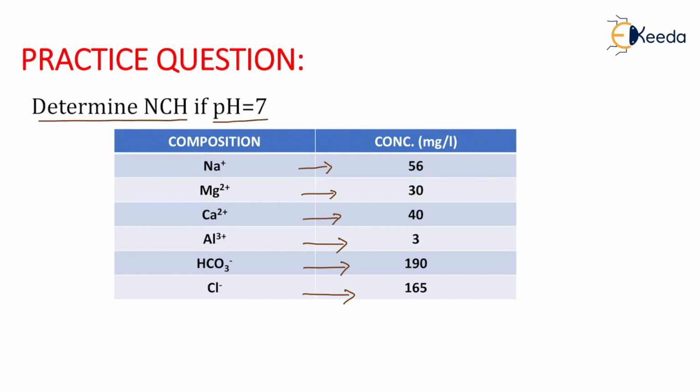Now we need to find the NCH, but before finding the NCH, what do we need to determine? We need to determine the carbonate hardness, the alkalinity, as well as the total hardness. So we know the formula of total hardness. What will be the formula of total hardness? Total hardness will be equal to